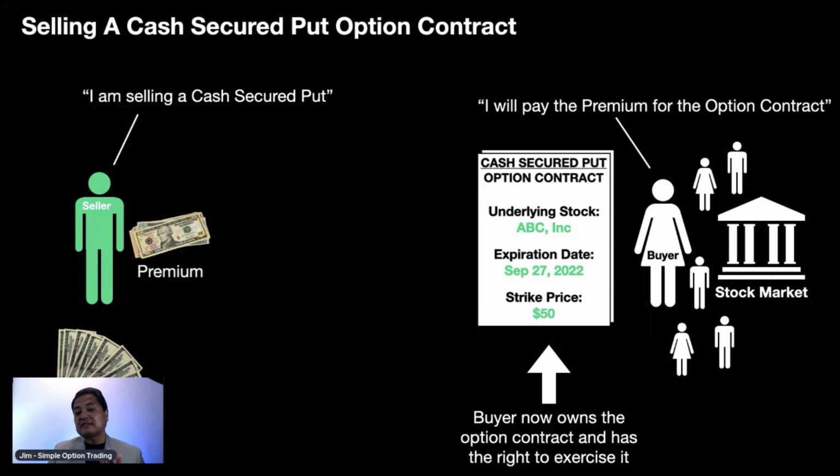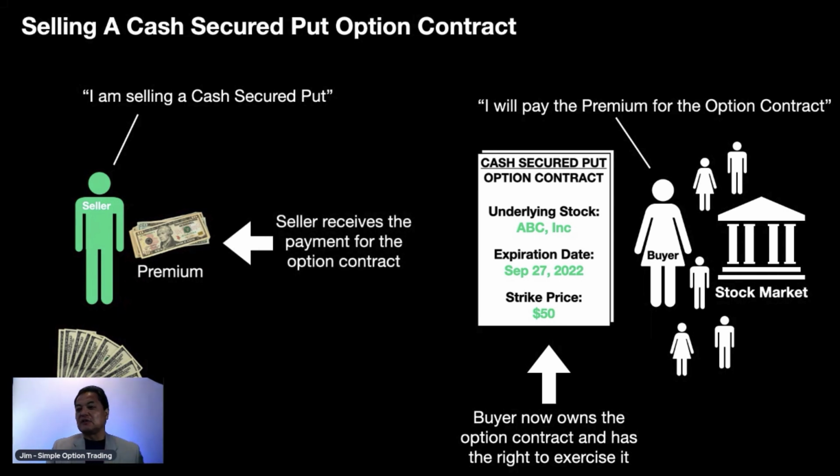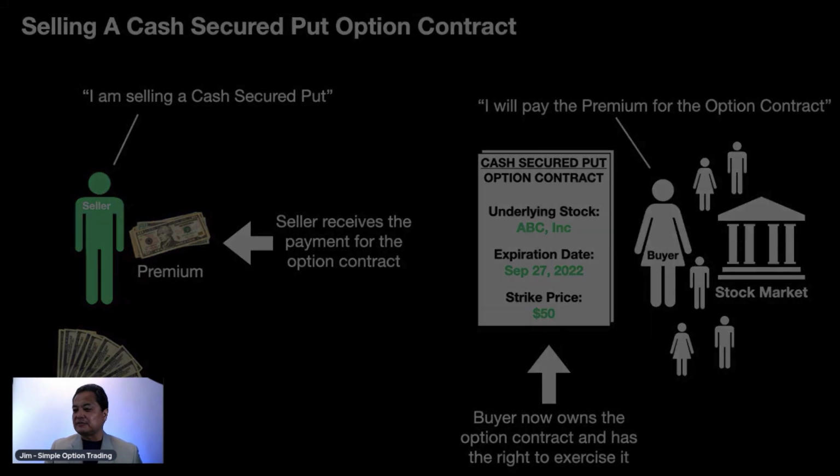That's a key factor there: I'm really looking for the option contract to expire worthless because, number one, I want to keep my collateral. I don't really want to buy the shares. I'm okay owning the shares, but if I don't have to, I won't. Plus, I get to keep the premium on top of that. So that's a way for me to make some extra money. When the option contract is out there, I receive the premium for it, and that's my money to keep forever.